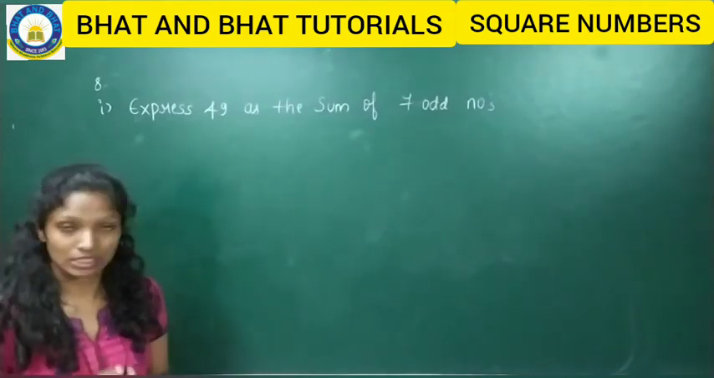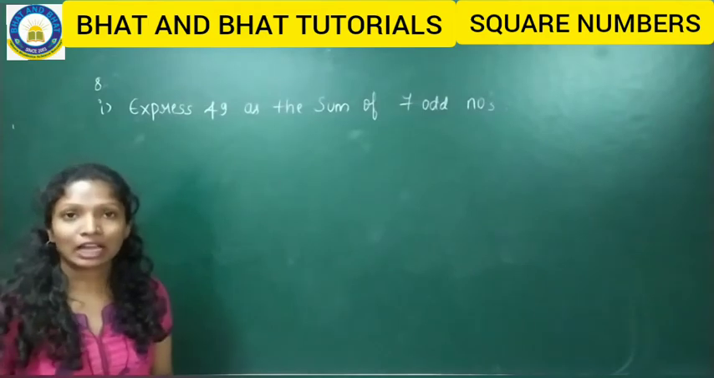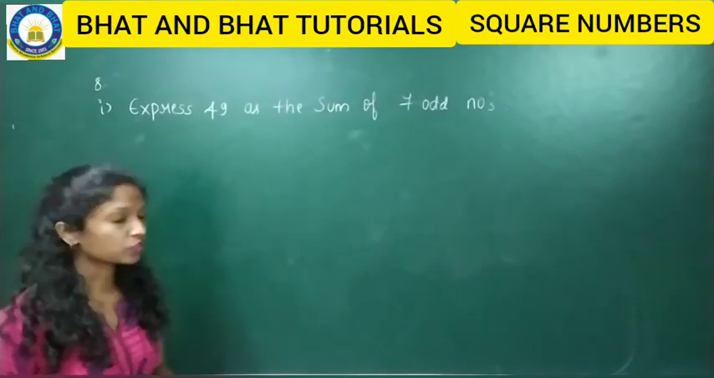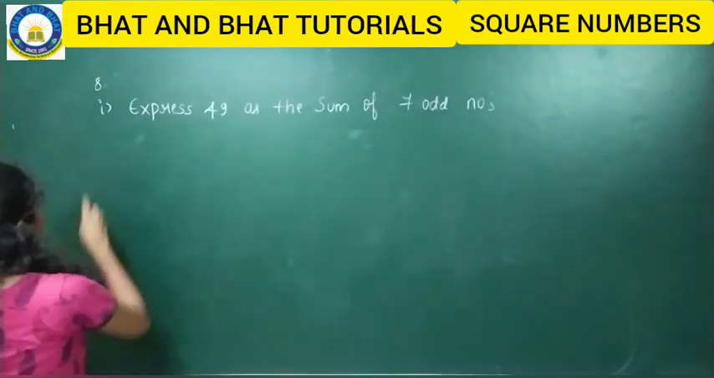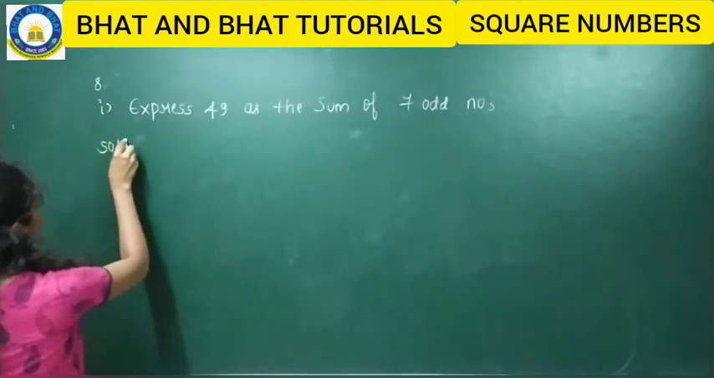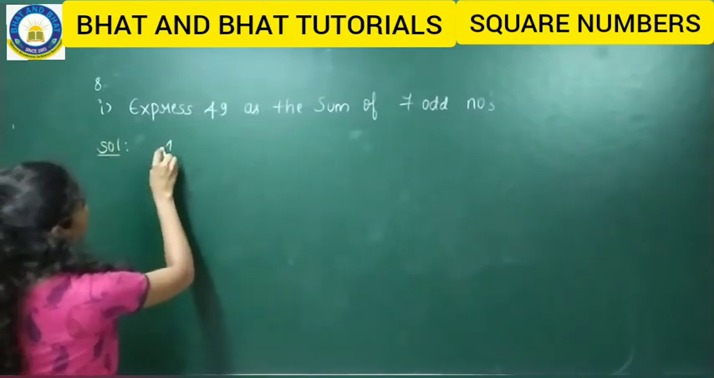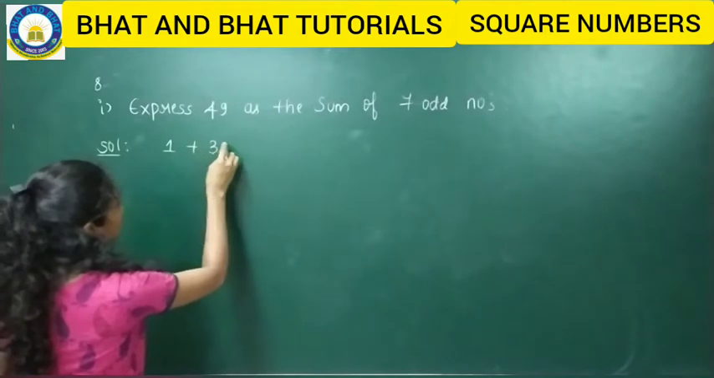So that means it is easily understood that you will be adding the 7 odd numbers. So we'll see the solution now for this. Solution: 1 plus 3